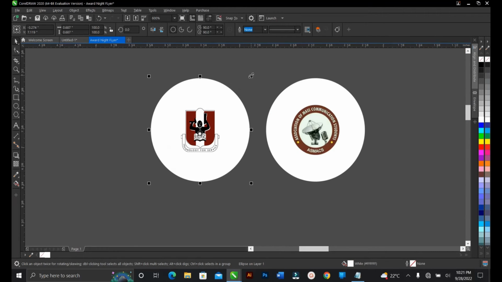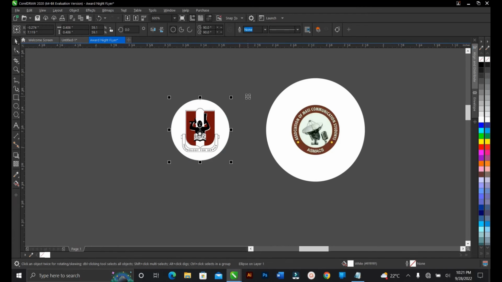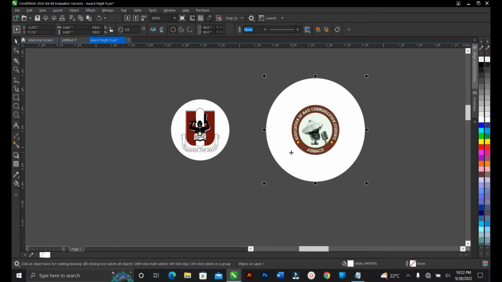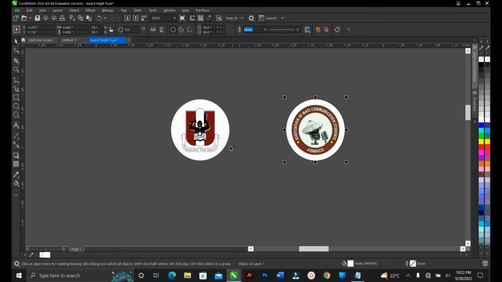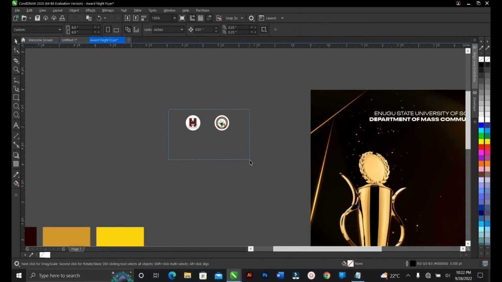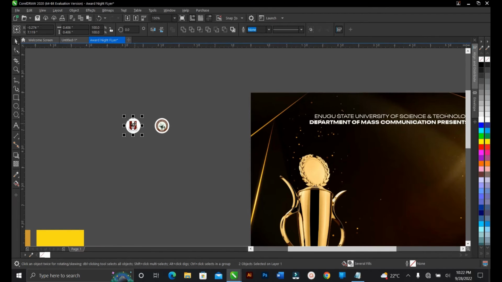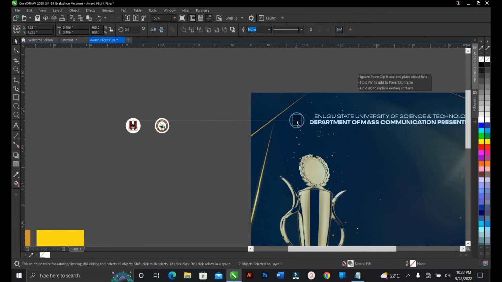So let's reduce the size of this, it's actually big, so hold Shift. You can do the same for this. So rather than doing this, you can just select it, then Ctrl R to repeat the previous process for you. So this is fine. So this logo would be here, so you drag this,